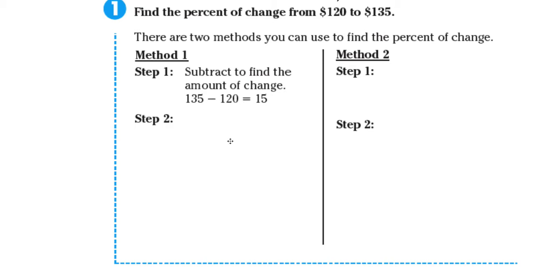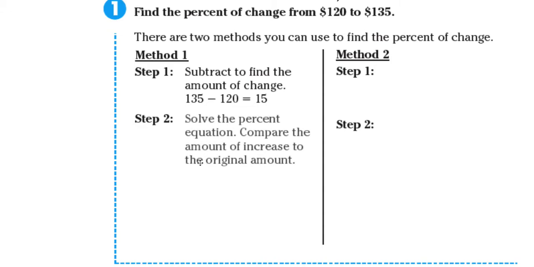Step number 2, solve the percent equation. Compare the amount of increase to the original amount. So again, we use P equals RB, and 15 equals R times 120. So this becomes 15 over 120 is equal to 120R over 120 because we divide both sides by 120 to solve for R. And we end up with R equals